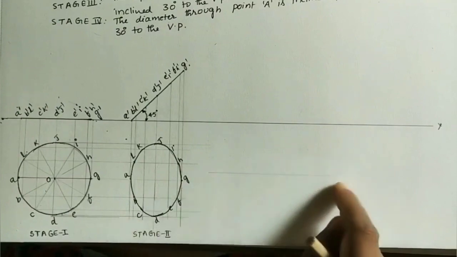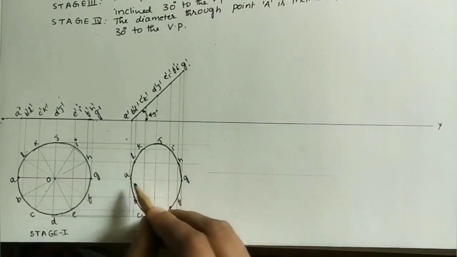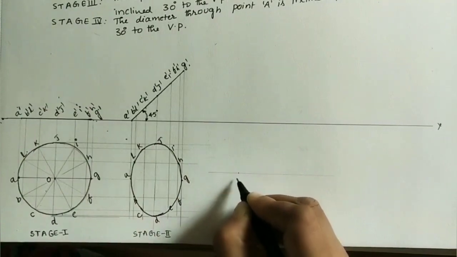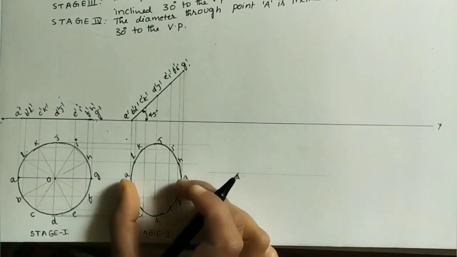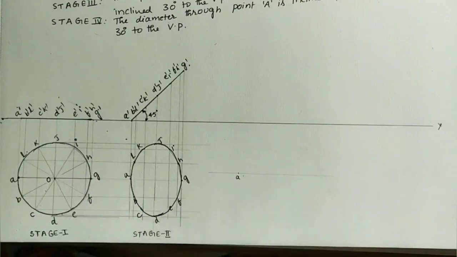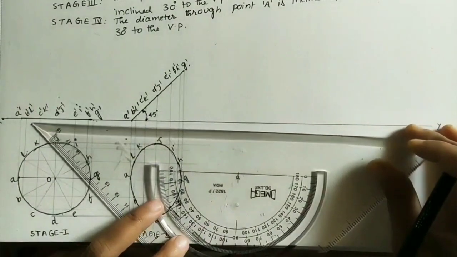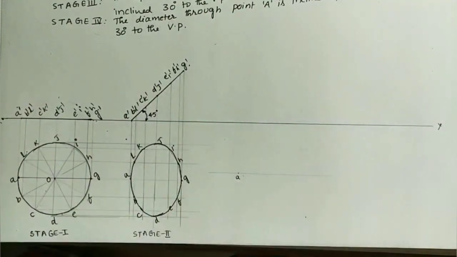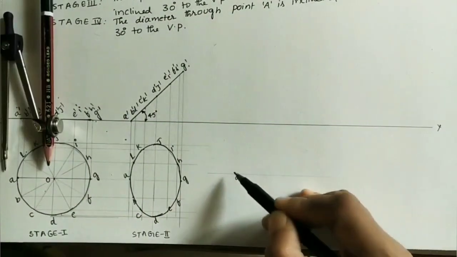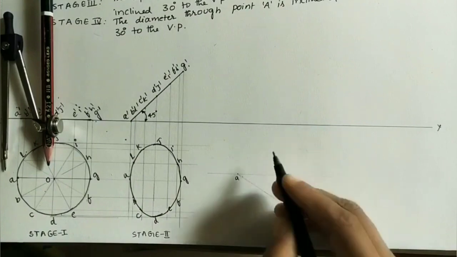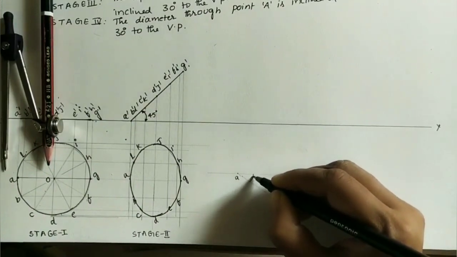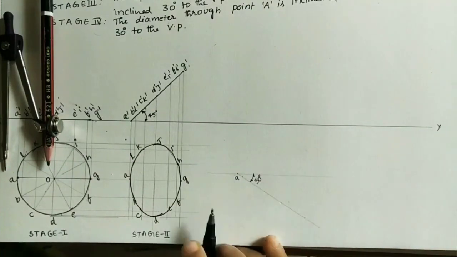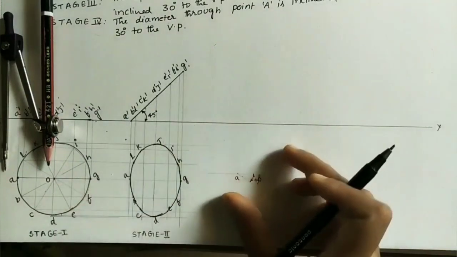Now I did one line here, any line at any gap. Take initial point is A point on it. Now I am taking this as the A point. Now here take the 30 degrees line on it. So here 30 degrees. At A point, a 30 degrees line. I did this line just for taking the reference. This is the 30 degrees line. So initial point is A point. So the entire top view is tilting 30 degrees here.